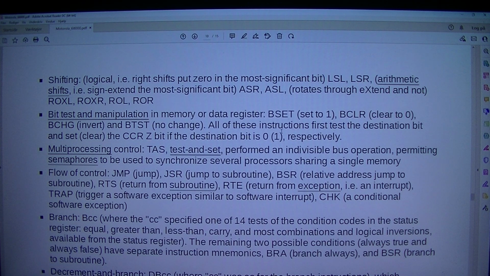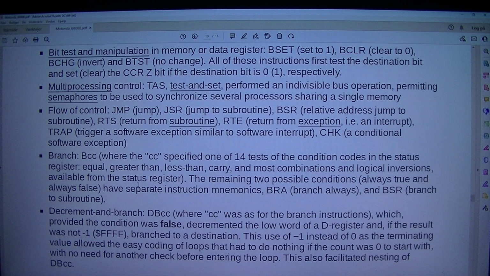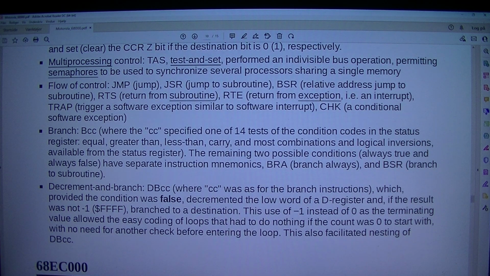All of these instructions first test the destination bit and set the CCR Z bit if the destination bit is 0 or 1, respectively. Multiprocessing control: TAS, test and set, performed an indivisible bus operation, permitting semaphores to be used to synchronize several processors sharing a single memory. Flow of control: JMP, jump; JSR, jump to subroutine; BSR, relative address jump to subroutine; RTS, return from subroutine;